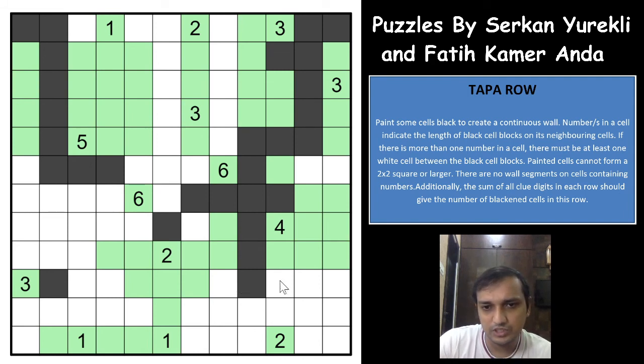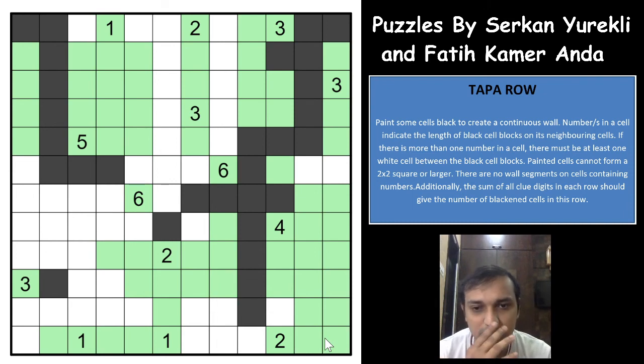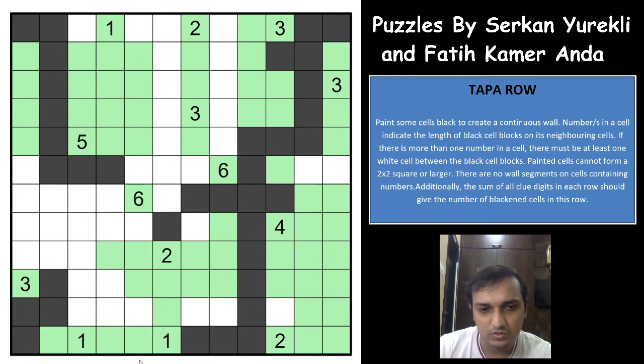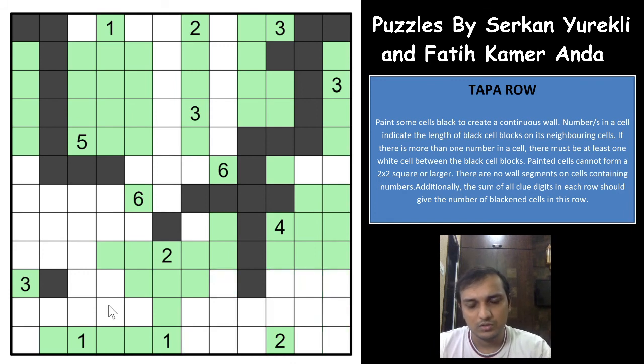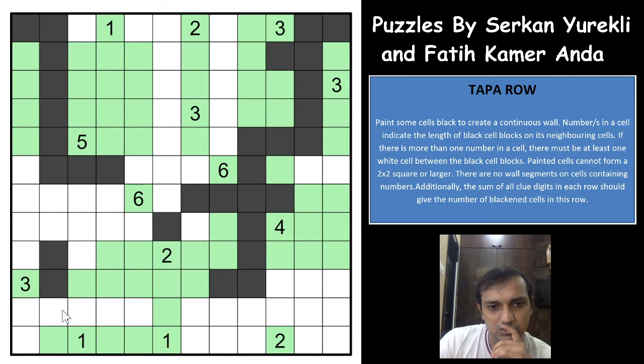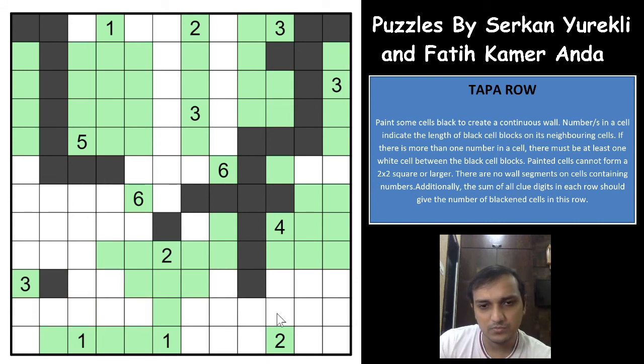So if this is unshaded, this will be shaded, all of these will be unshaded, and that gives you a contradiction. Maybe, I'm not sure. Wait, all of these 3 will be shaded and this will be shaded. That gives you nothing, no contradiction here. Okay, if this is shaded, again no contradiction here. Maybe we are actually missing something.